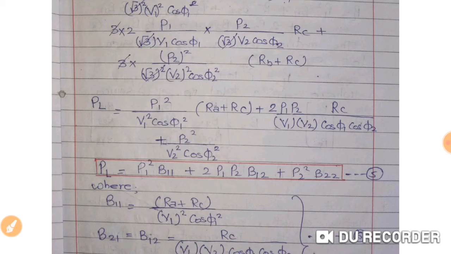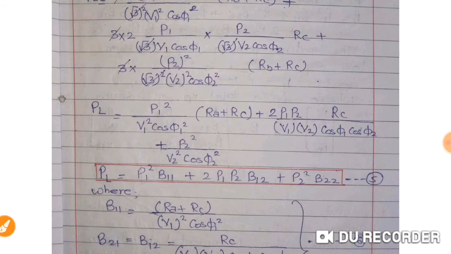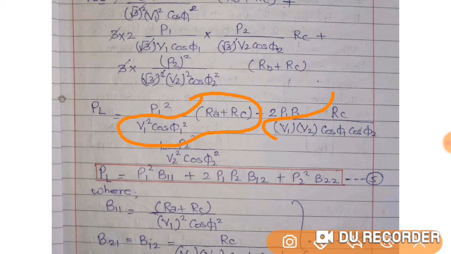So now these are all the terms which are remaining, and the next step we are going to do is, we are just taking P1 square, we are going to write it in terms of power. So we are just taking this part of the equation, just take it as a constant. Similarly this part of the system, take it as a constant. And again for this part of the system, one thing is remaining, it should be RB plus RC, right? RB plus RC was there. So RB plus RC and this denominator, take it as common.